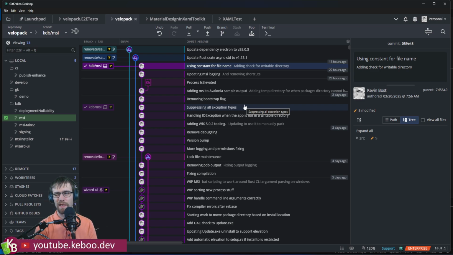It has been since, I think, Windows Vista, a long bloody time. Given that, when we go to perform an update, we need to download the new package, and there's a bootstrapper, an update.exe, that lives inside of that package. When we go to install that, we want to use the new update.exe, not the one that's on disk. We want to use the one from the package. That's very important because when it is